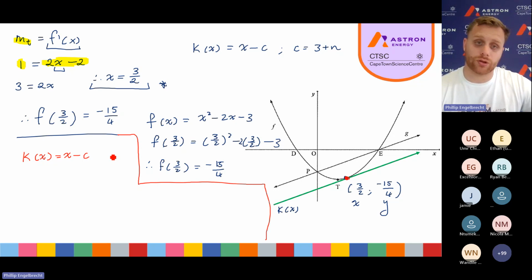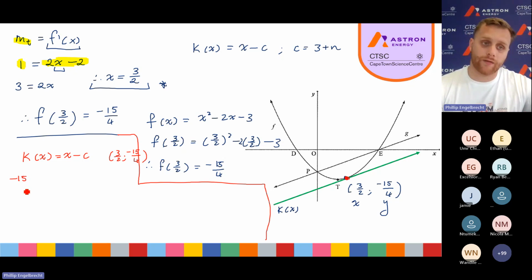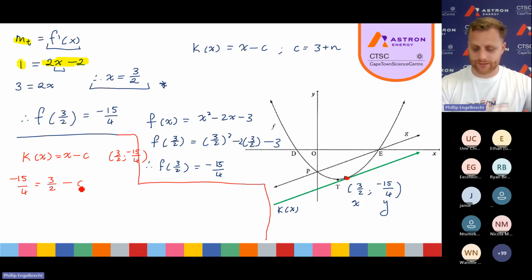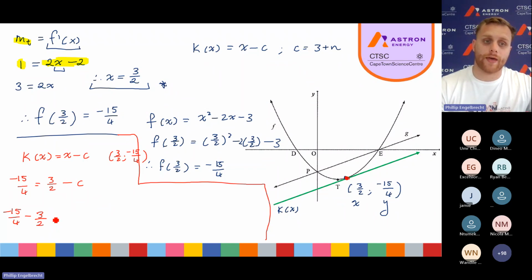I'm going to substitute the point 3 over 2 and negative 15 over 4, and I get that negative 15 over 4 is equal to 3 over 2 minus c. You take the 3 over 2 to the other side. So that becomes negative 15 over 4 minus 3 over 2, which is equal to